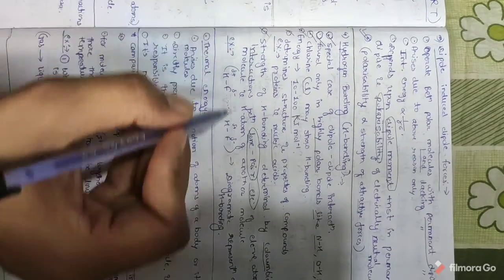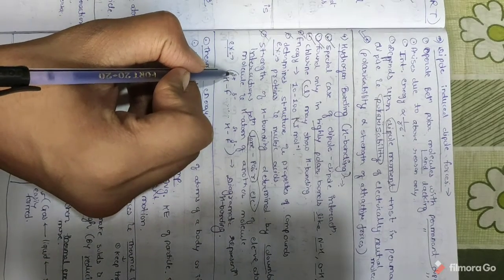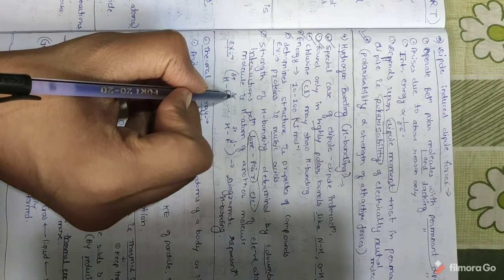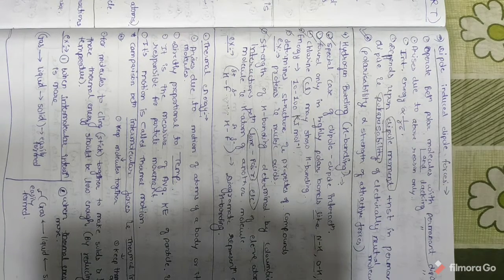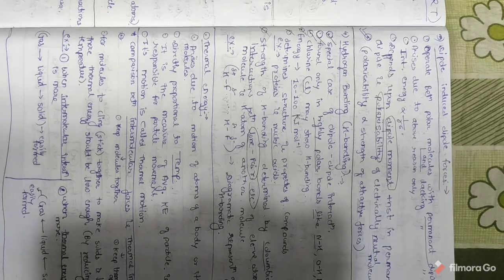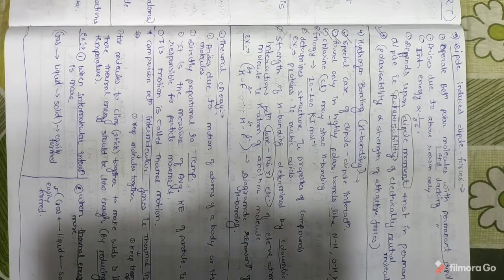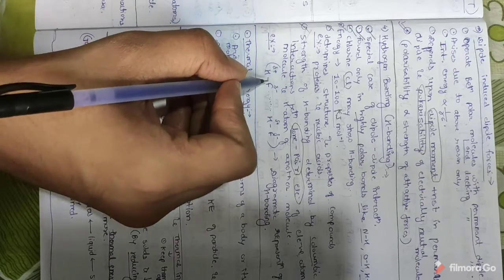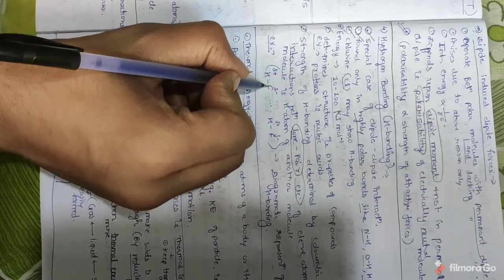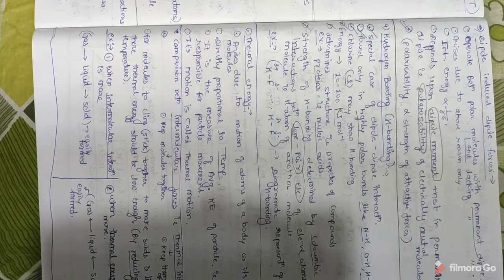So for the diagrammatic representation, it is like this, HF. One gets a partial positive charge and the other gets a partial negative charge. Here hydrogen is less electronegative as compared to fluorine, and we know fluorine is the most electronegative atom of the whole modern periodic table. Hydrogen has the least mass in the periodic table, and its molar mass is also the least, having atomic number 1, while fluorine has atomic number 9. First period and the second period. These are some terms that we will see later in the periodicity chapter.